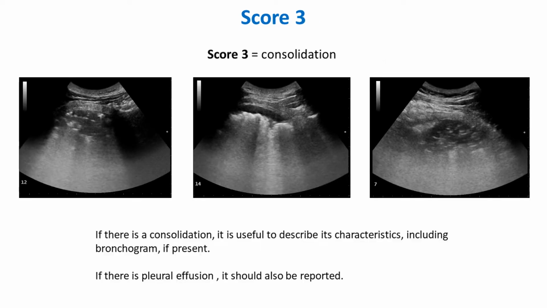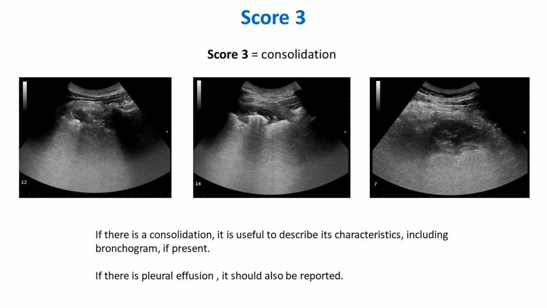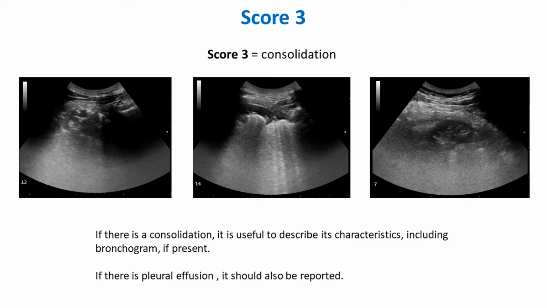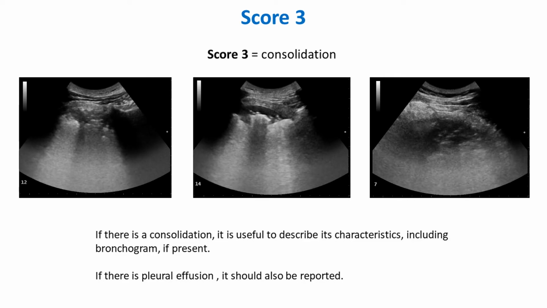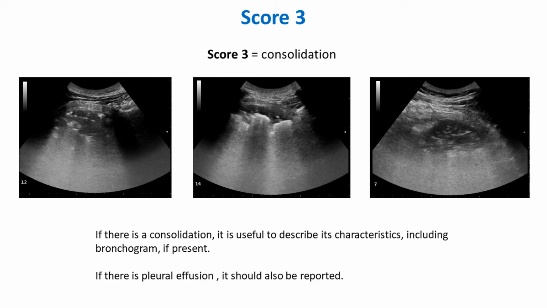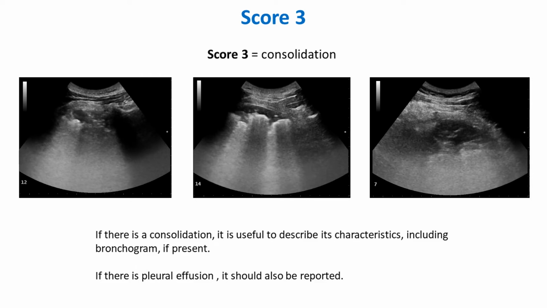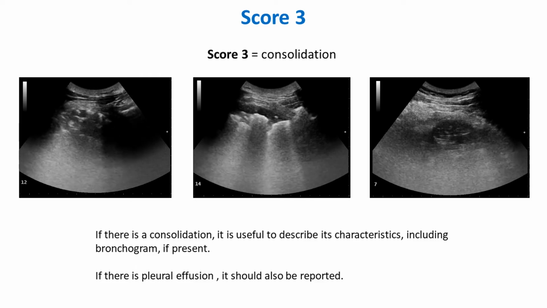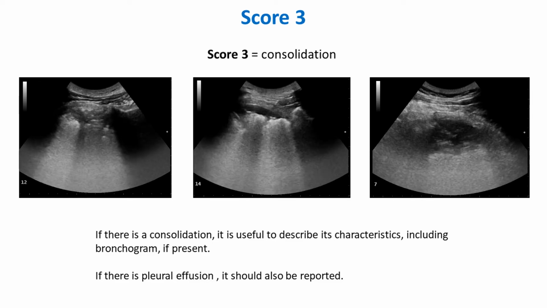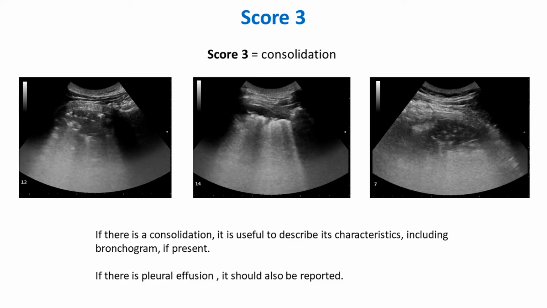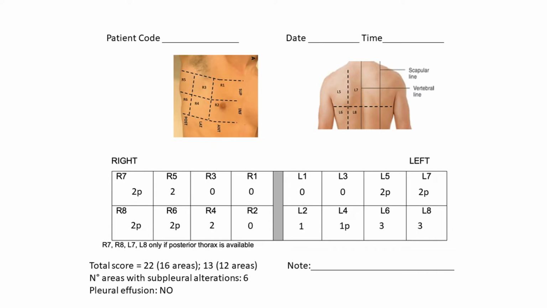And we give a score of 3 if we have a consolidation. In this case, it is useful to add some characteristics of the consolidation in the notes. If present, please add a note about pleural effusion as well. In the end, we sum up the scores of the most deaerated point for each area to get a final